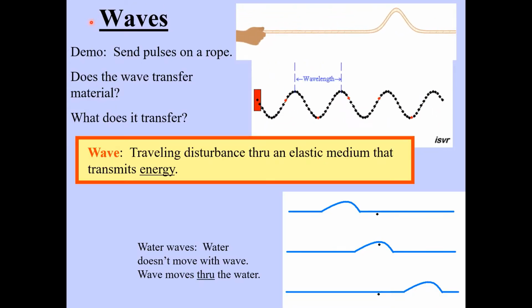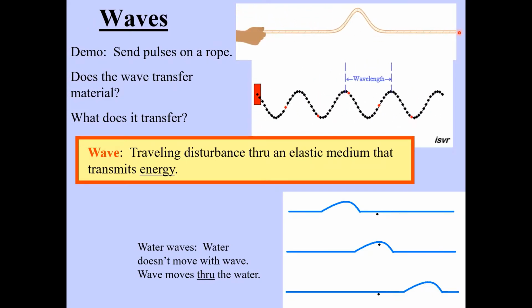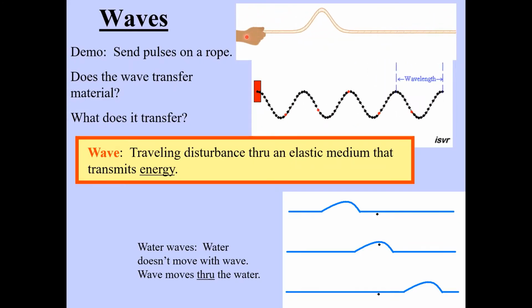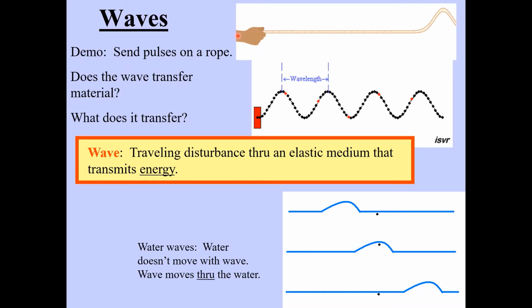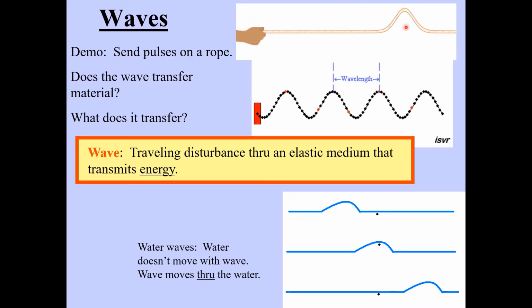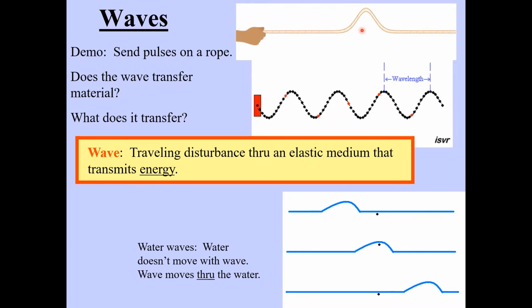So imagine doing a little demonstration like this. Suppose you have a rope that's attached to the wall or a tree or something over here, and every once in a while you give the rope a little flick of the wrist to create a pulse. What happens is that pulse, which is a wave, travels down the rope, and you can see it propagating from